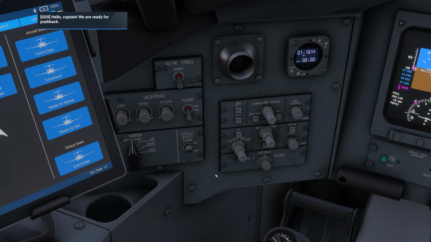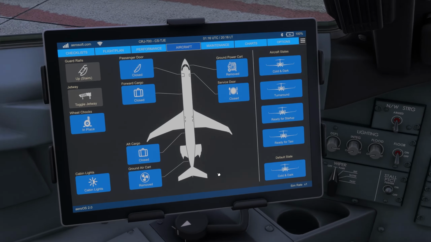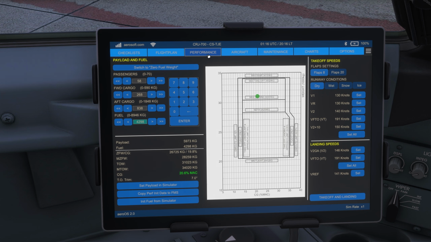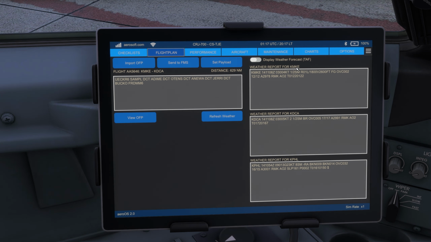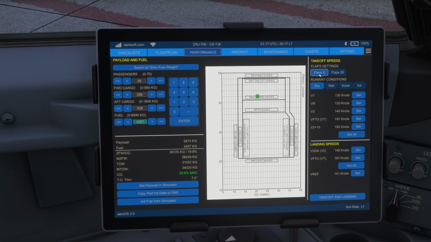Right, I guess we're ready for pushback. And if I look at the EFB here, one thing you may have seen on the performance page is all of these takeoff speeds on the right. Now these are taken from the flight plan, these are taken from the aircraft that is inputted, and if you select your flap settings, most likely 8, and then your runway condition, for us dry, it will load in your V1. Like I said, your V1, your rotate, and your V2 speeds. You can simply set all,